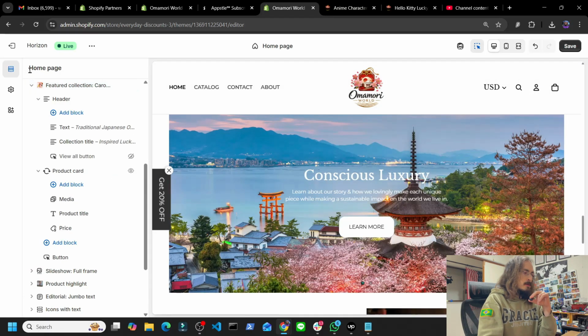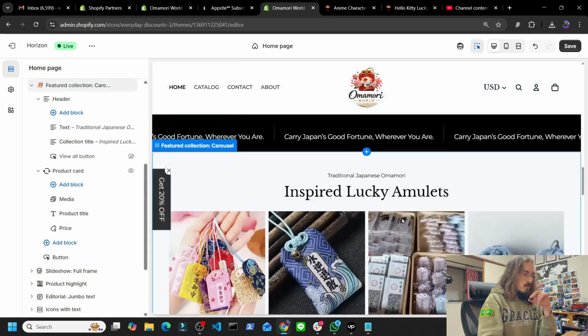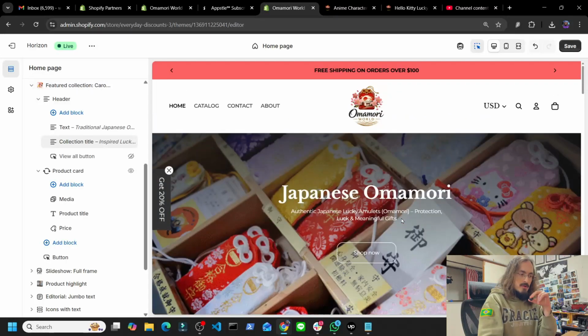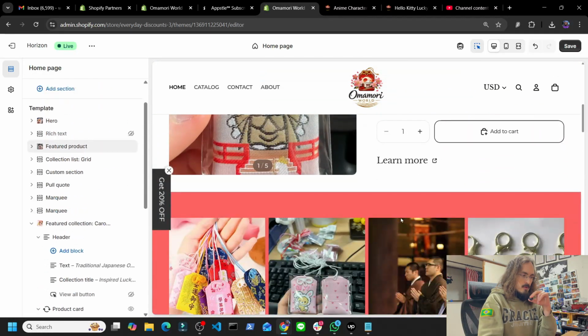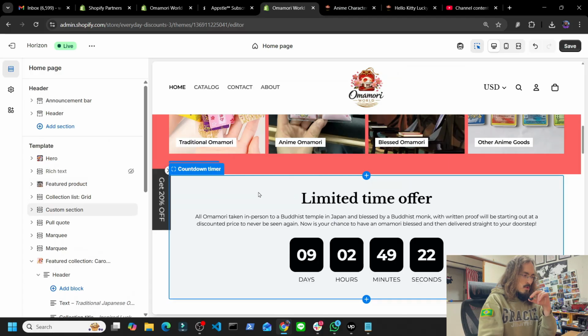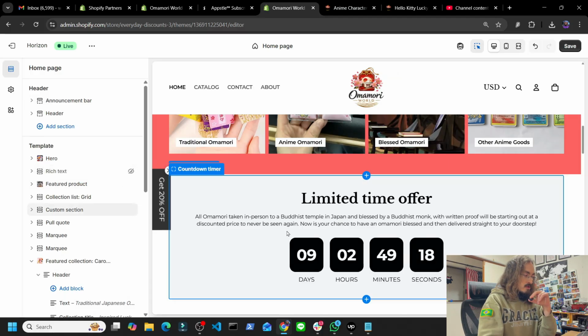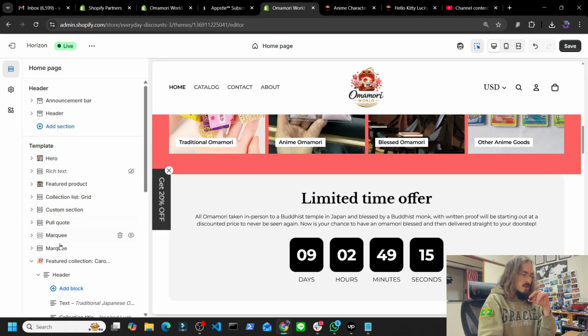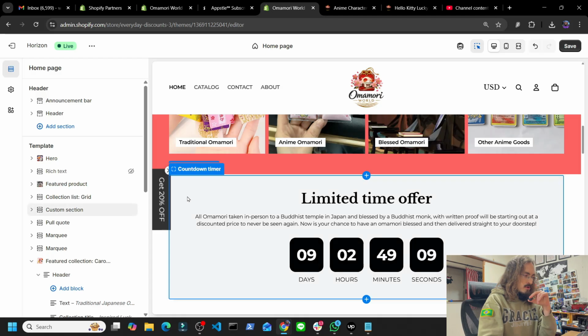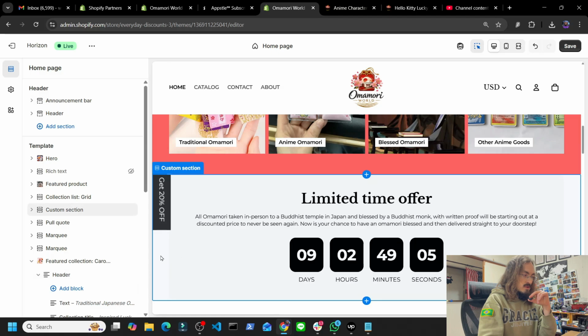Let's say we want to move some of these sections around. Maybe we want to put this countdown timer up at the very top of the page. It's really easy. All these sections are on the left side here. So I'm looking for this countdown timer, which is inside of a custom section. If you see that being highlighted,